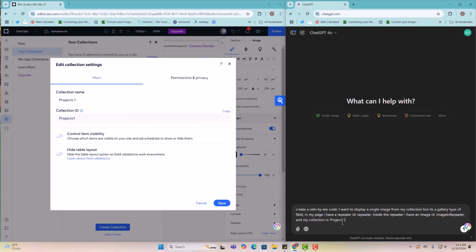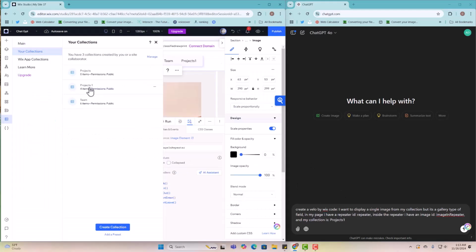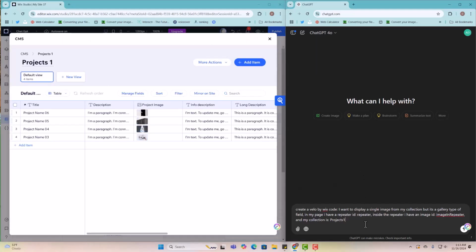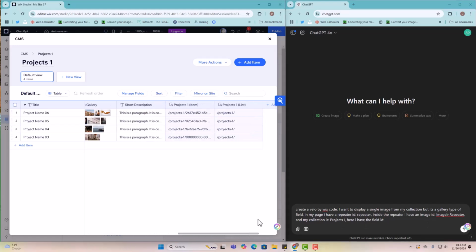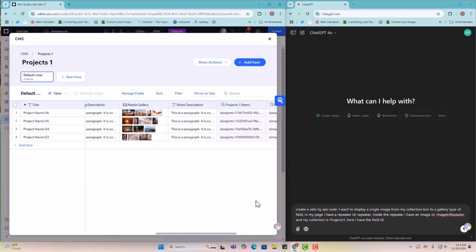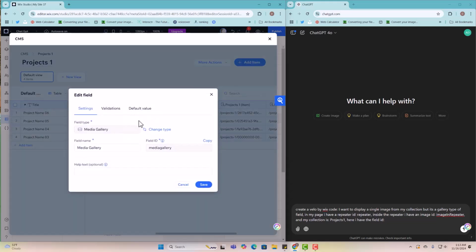Okay, paste it right there, and then we're going to open it, and here I have the field ID. That's why it was important that you watch the two videos prior, so you know how to get these name IDs. If you're skipping, that's where you're going to be all confused. It's important that you watch at least how to get the IDs and names, so that you're not struggling on this part. The field ID is this, and I have to specify